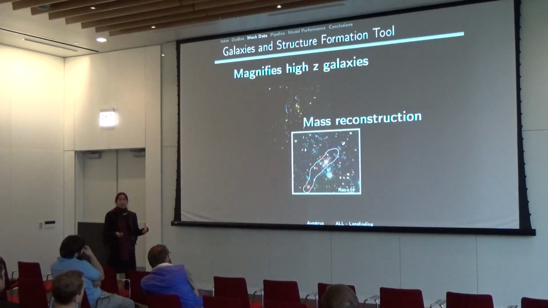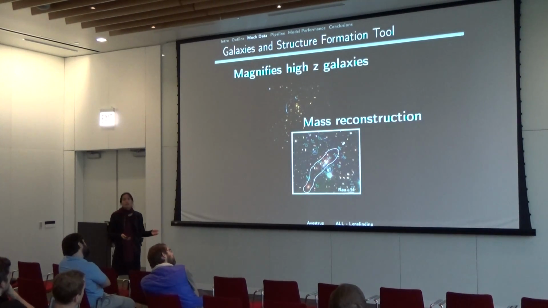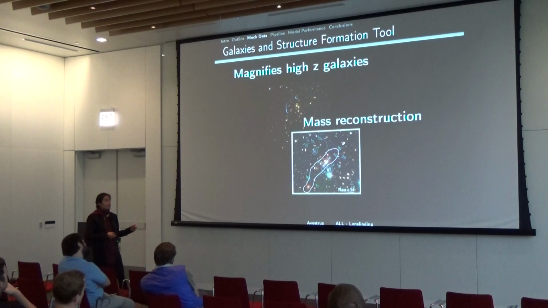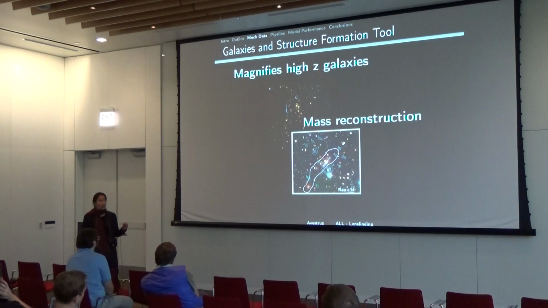Second, lensing is very useful if you want to start to do mass reconstruction of the underlying dark matter. It's very difficult to determine what the underlying dark matter distribution of the system is based solely on the baryonic properties sitting within it. But if you have something that's deflected due to the underlying mass, you can start to make some really nice constraints. And in fact, I think we're going to have a really nice program next Wednesday by Chue on some mass